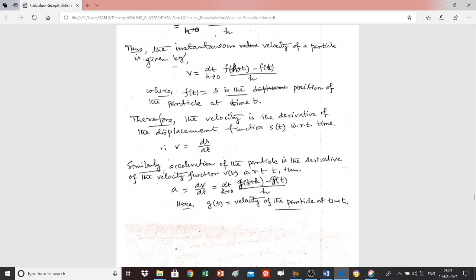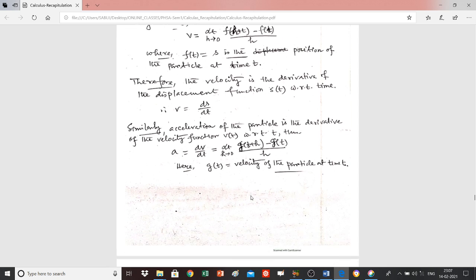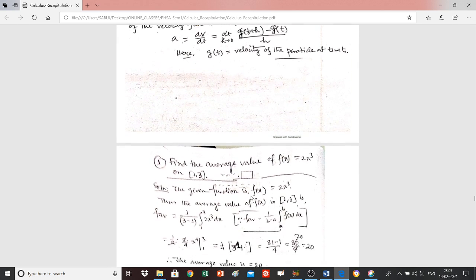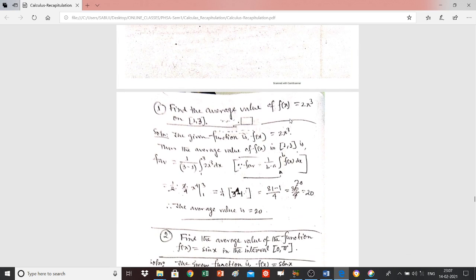So you can calculate, and now we are going through some examples. First one is the average value of f(x) equal to 2x cube on the interval 1 to 3. So here the given function is f(x) is equal to 2x cube, and the average value of f(x) in the interval 1 to 3 is given by 1 by 3 minus 1,